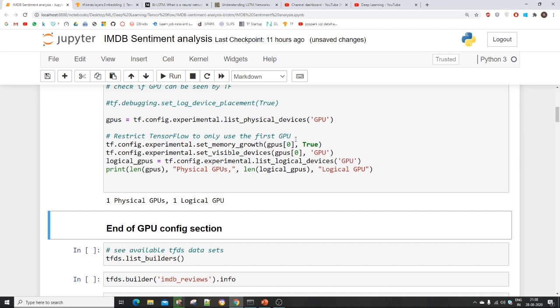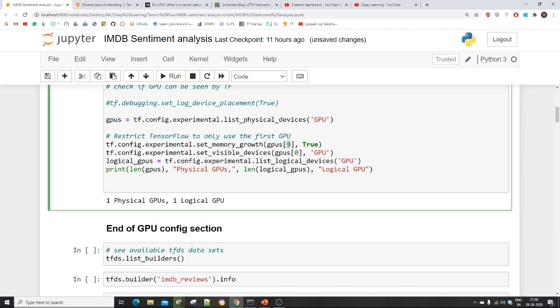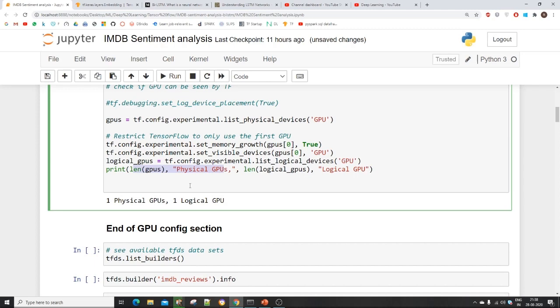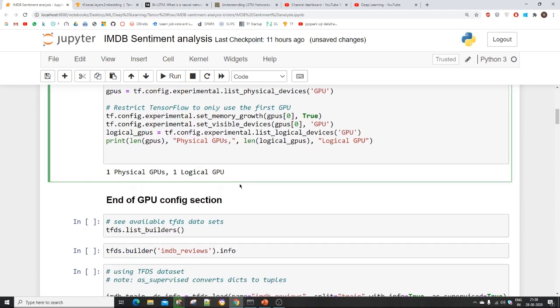I have only one GPU, but if you have more than one, you can refer to 0, 1, 2, whichever GPU you want to use in TensorFlow. This is the configuration that forces TensorFlow to use the first GPU. Here I am checking the length of the GPU list, how many GPUs I have. I am printing physical GPUs, and it is giving me one physical and one logical. So now it will use my GPU.